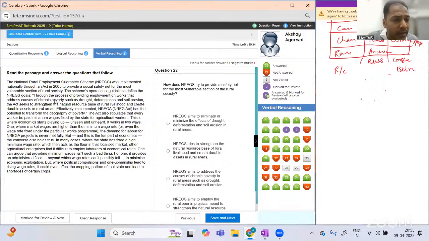The scheme's operational guide provides employment on works that address causes of chronic poverty such as drought, deforestation, soil erosion. The Act seeks to strengthen the natural resource base of rural livelihood and create durable assets in rural areas, effectively implementing